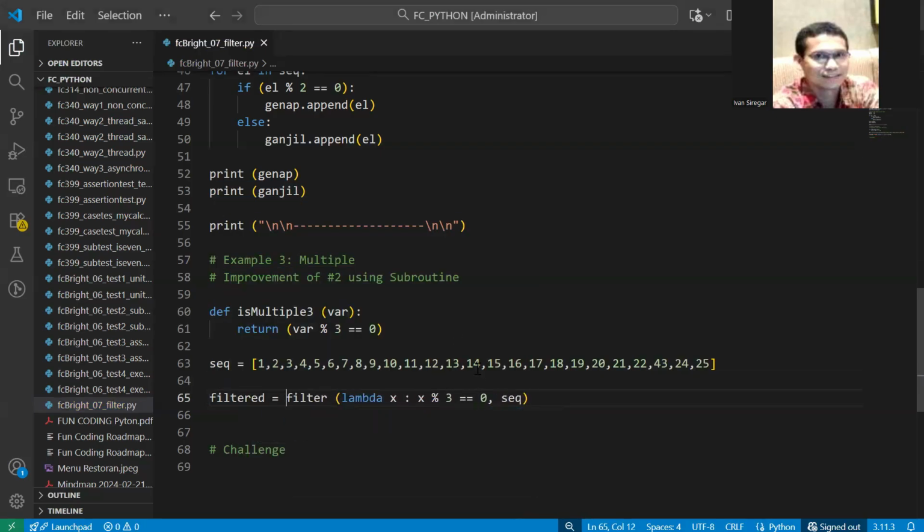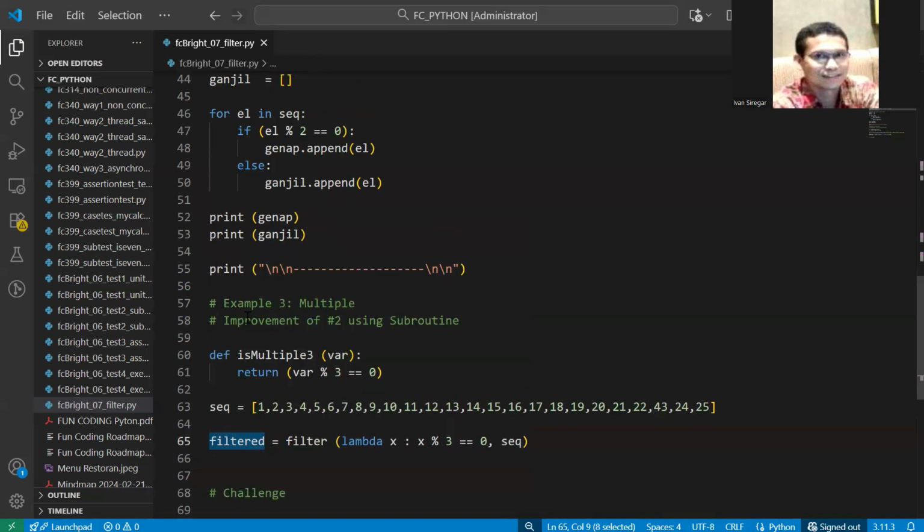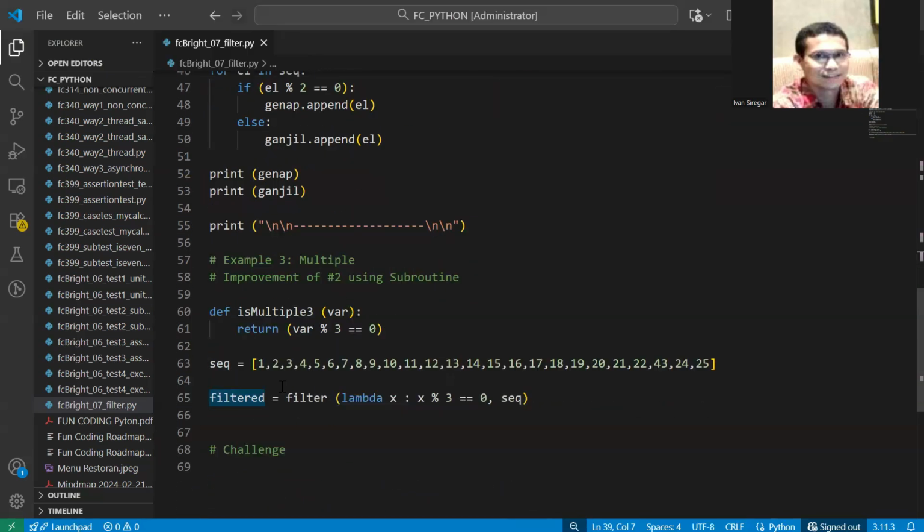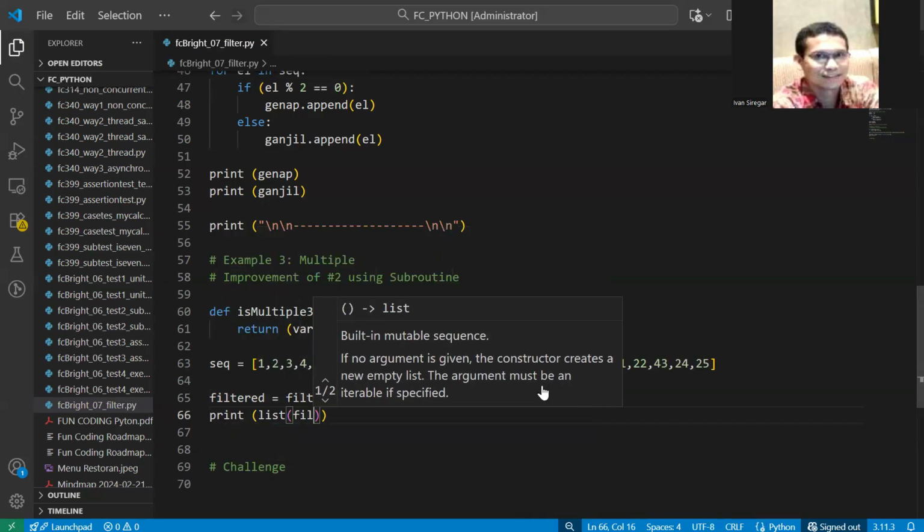This can be filter 1, filter 2, filter 3 to differentiate from the previous one, but for this example I just reuse the variable previously used, because this filter has nothing to do with the filter in the other example. The result can be printed as the list of the filter.